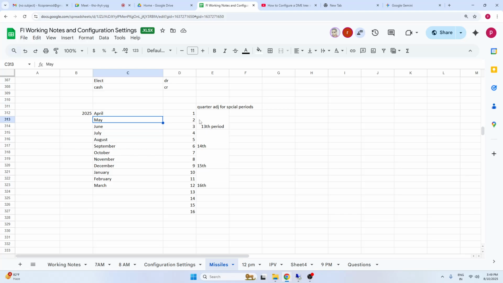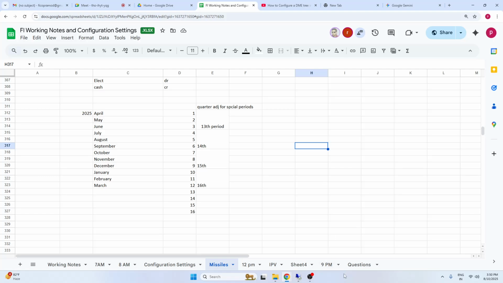30. So basically first quarter, right? First quarter. This is your second quarter. This is your third quarter and fourth quarter. So first quarter is assigned to the 13th period, 14th period, 15th period, 16th period. So basically these are not from April, May, but basically they are their quarters,